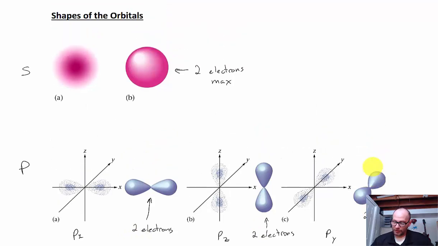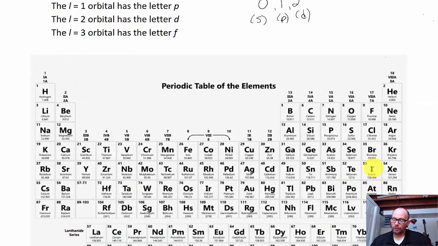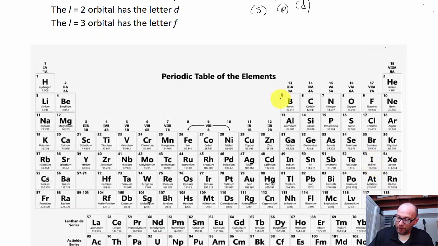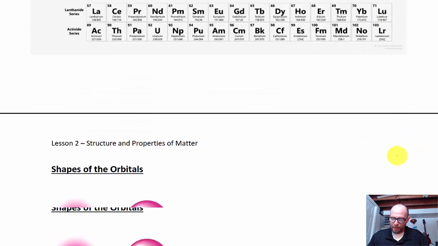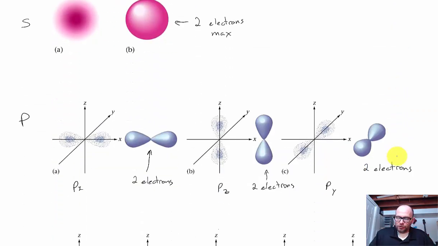Go back to our periodic table. That's why in the p block, so second energy level, that's these guys. P block, it can hold 1, 2, 3, 4, 5, 6 electrons. It holds 6 electrons because 2 electrons in each of the p orbitals, and p orbitals come as a set of 3. So if you have a p orbital, you have the set of 3 p